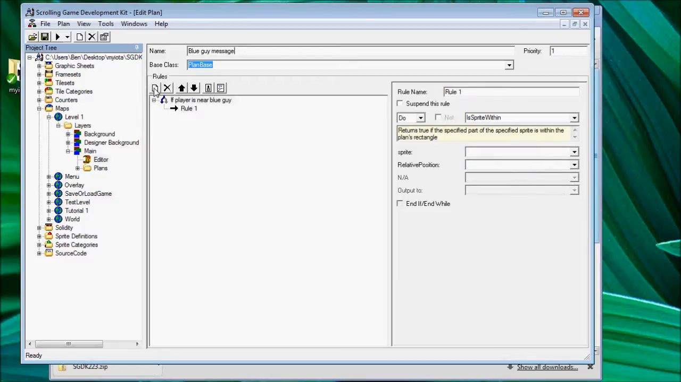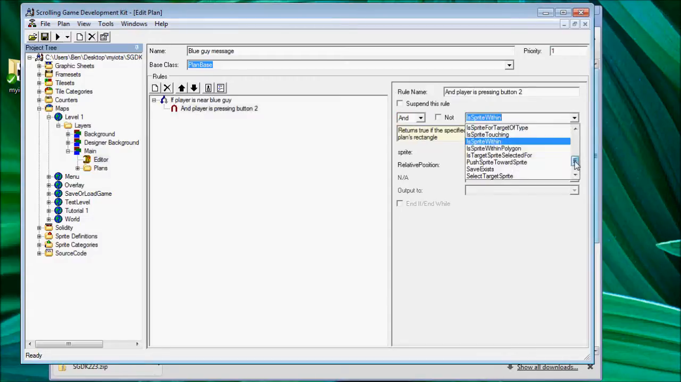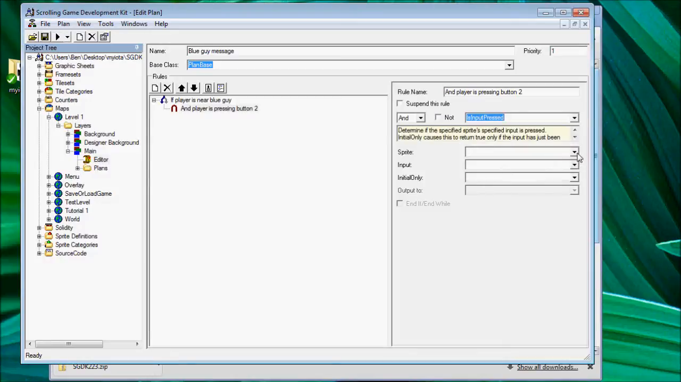Then we want to add another rule to also check if player 1 is pressing button 2. So create a rule called "and player is pressing button 2," and set the parameters to check if player 1 is pressing button 2. Then under these conditions, let's display a message using show message. So add another rule called "show blue guy message,"